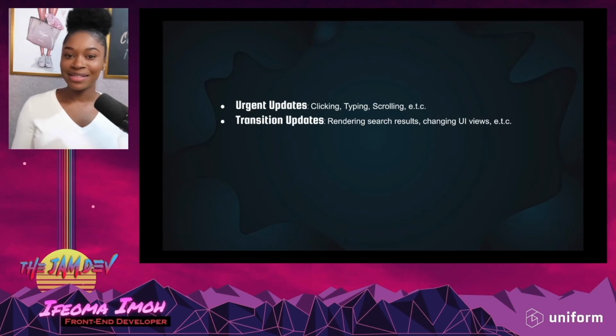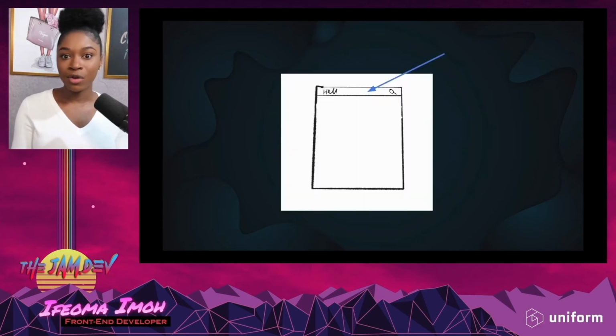So typing is an example of an urgent update. And then we have transition updates that have to do with changing UI views, and React doesn't treat transition updates as urgent, so transition updates are not urgent updates. Now, like I said earlier, React still treats all updates, even in React 18, as urgent. But now to keep your app responsive, you can mark slow updates that may take some time as transitions by wrapping them in start transition so that they can be suspended or interrupted if an